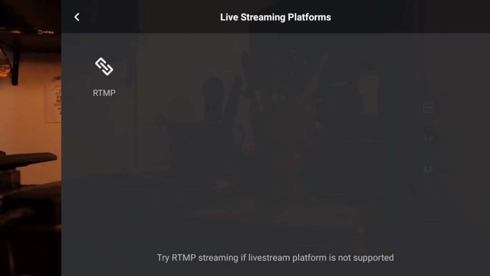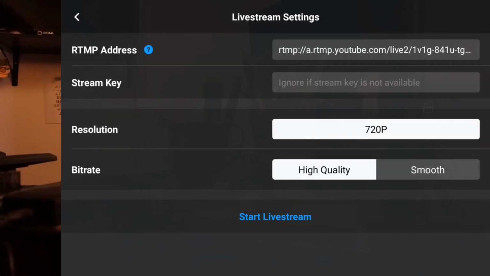So now I can click on the RTMP icon there, and I can see here the latest FlyApp update did change the live stream setting interface, where they separated out the RTMP address and the stream key. Is it a big deal? I don't think so. All you have to do is enter in your RTMP address in the top box, which will be